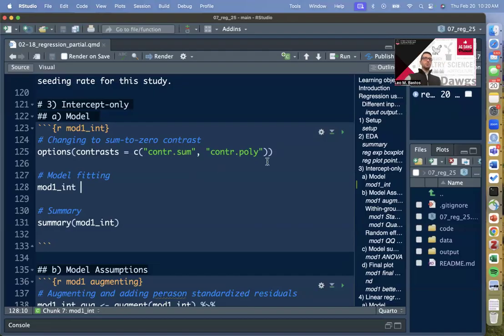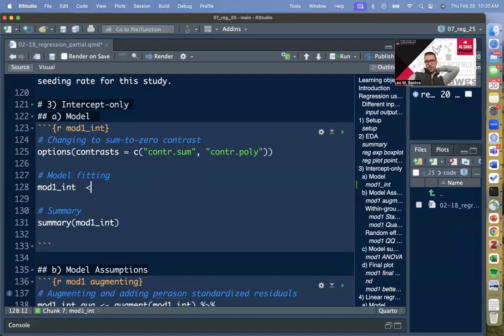Okay, so we're always changing that options for contrast types from set to 0 to sum to 0, which again, we don't talk much more about besides it's just the way that the matrix algebra behind the scenes is going to parameterize our model. I want to propose here that we use the function lmer. The reason for that is just to keep consistency across all these models. And so if we're going to use lmer here,